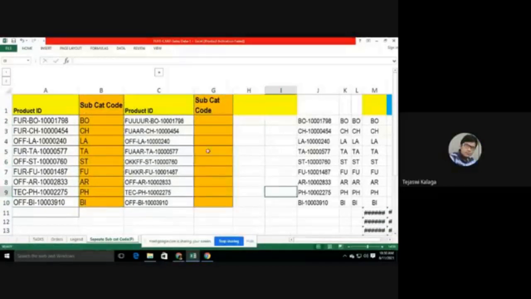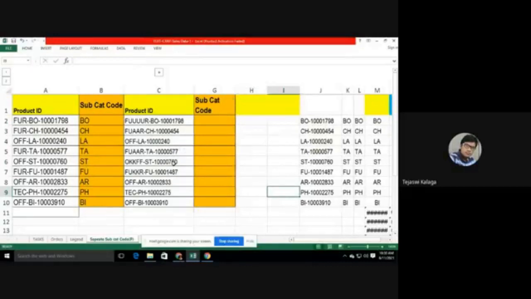Sir, we should reverse the right and left in the formula also. There is no guarantee. Actually, even the product IDs can sometimes have 8 characters, sometimes more than 8 characters. You see, in this example, the problem that we are facing is from the left, here you don't have uniformity. In the right also you don't have uniformity. So the combination of left and right is not going to work here. That's what I'm trying to convey. Are you understanding what I'm saying? Yes, sir.